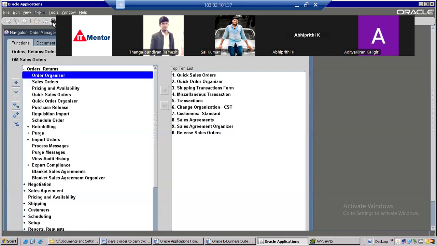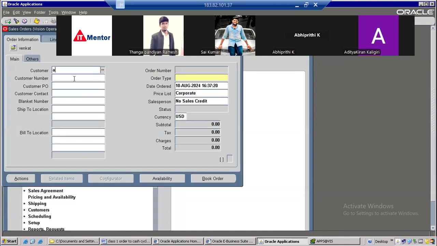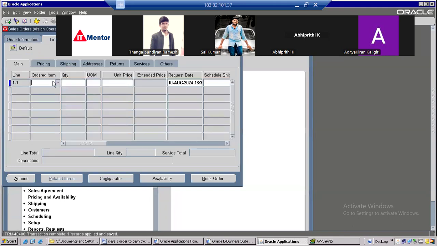Then sales orders. You can choose this customer. Here is the place, order item. See, it is saying here invalid value for field. Okay. So if you get this type of error, what you need to do is